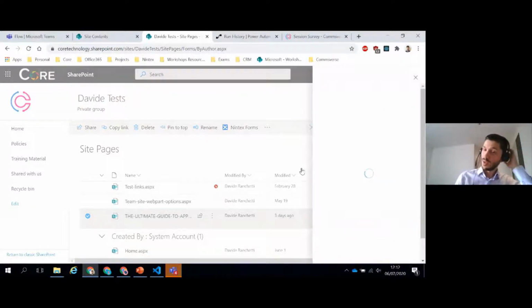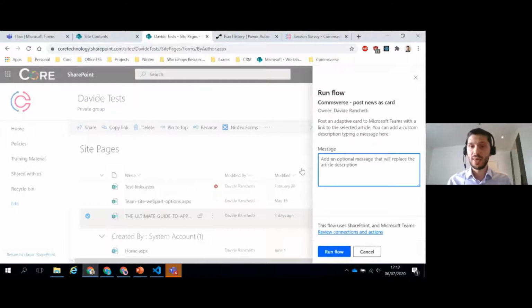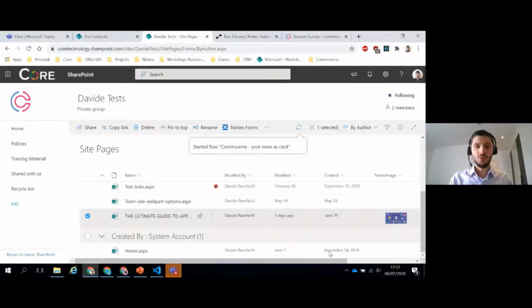So I select my workflow and I get a very simple form. This form is telling me what the workflow is about, and I can add a message. So I can add a message that will be included in the card, or I can leave it blank, and the card is automatically going to get the description from the article. In this example, I don't know. Let's post something. And let's run the flow. So this flow is going to post a card about this article in a specific channel in one of my